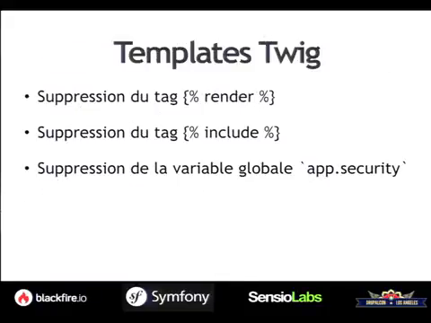Then I'm just going to talk about this slide, for instance, which is about Twig, because we are also deprecating a lot of stuff in Twig. The most important ones for Drupal are the first two. The first one is the render tag. The second one is the include tag. I'm not sure if you are using them. I haven't checked recently. But if you are, you must replace them with the functions, and the names are exactly the same. For the render tag, you must choose the render function, and for the include tag, you must choose the include function. So just use grep. It's really easy to make the change here.